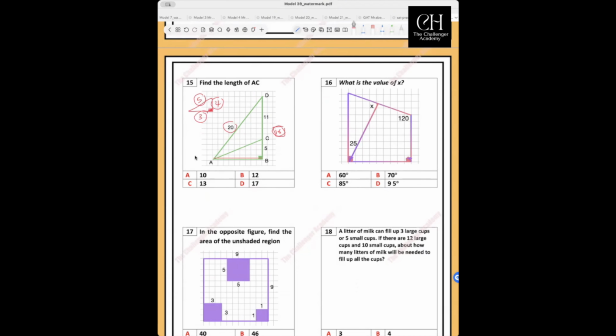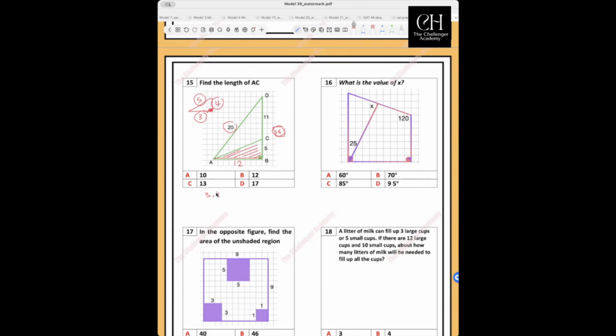So 3 times 4, it will be 12. So this side is 12. Now we have this side is 12, and this is 5. Check this small triangle. 5, 12, you know that from the special cases for the right angle triangle, we have